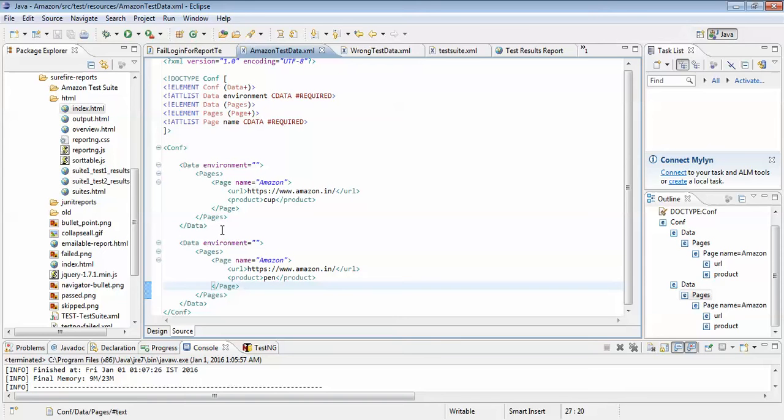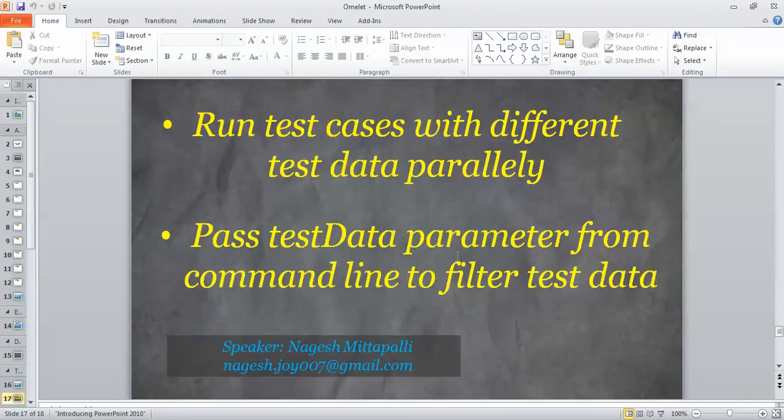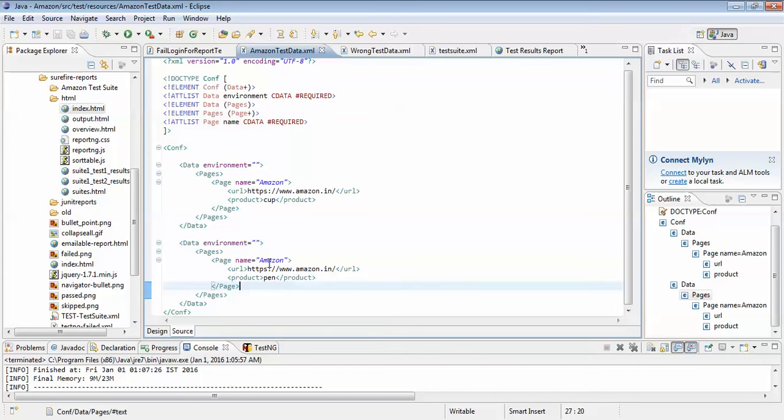So in this case, if we want to execute test cases only on the stage environment, not on the live environment, we can easily pass the environment name from the command line as a part of the test data parameter, and we can filter only the stage environment test data, and execute our test using stage test data. That means even though we have 4 sets of data, if we pass stage